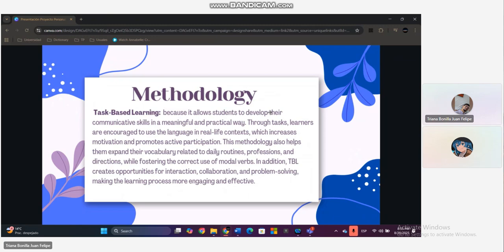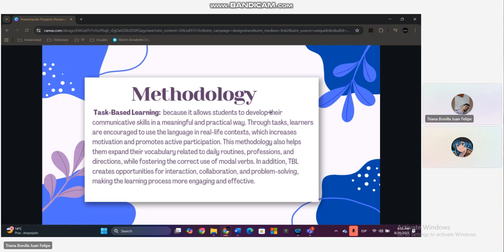Okay, the methodology that we chose is task-based learning because it allows students to develop their communicative skills in a meaningful and practical way. Through tasks, learners are encouraged to use the language in real-life contexts, which increases motivation and promotes active participation.